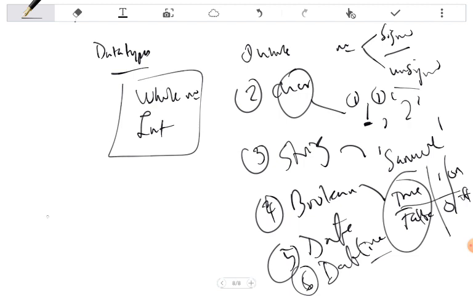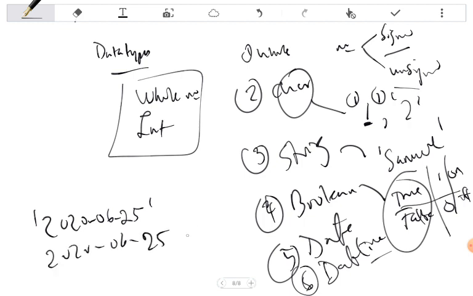So if I have a date like this, 2020 06 25, that is a date. Now if I have 2020 06 25 space 10 0000, this is time, so that is date time. Do you understand? So it's very, very important that you understand that.